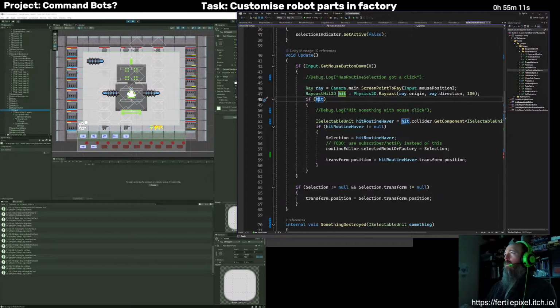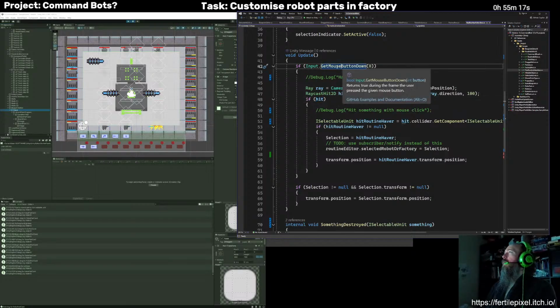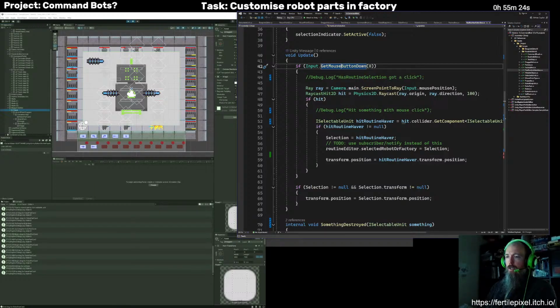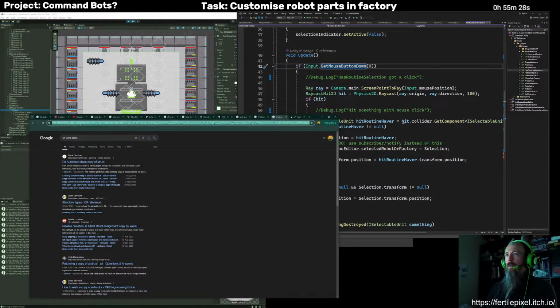So I would need to make this basically stop. That's an interesting little bug. Should I fix that now? I'll have a quick look now.